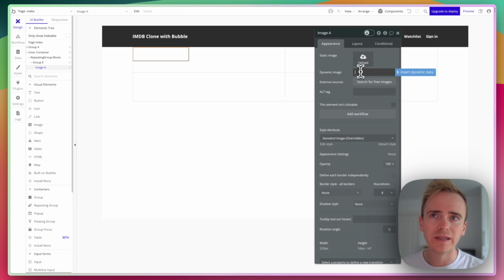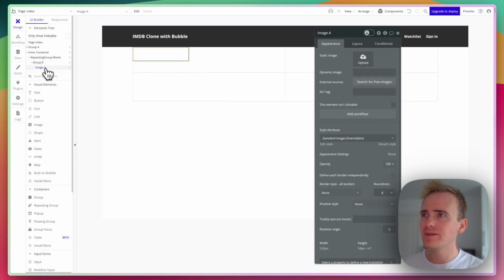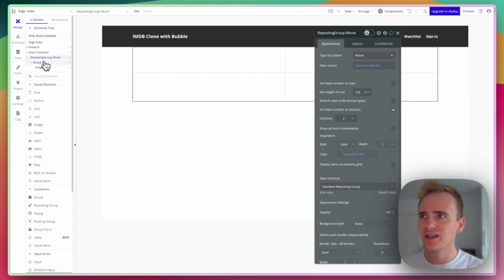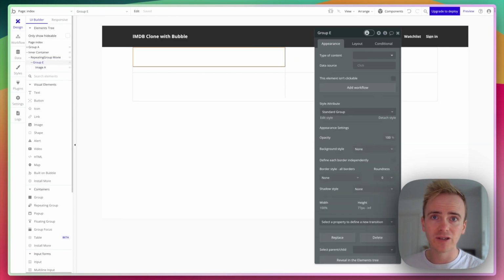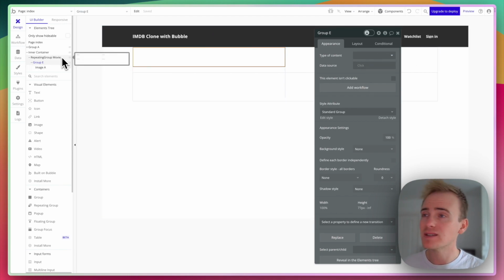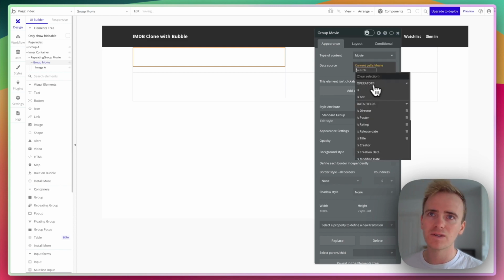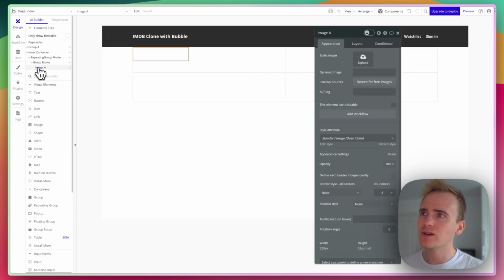Well, I do it using the dynamic image field. My image is here, my repeating group is here. This is everything in my current cell. And so one way to go about this is to pass data down. If you do this in a particular order, Bubble will automatically do this step for you, which is to say that this group is a movie and its current cell's movie. That then means when I go to image,